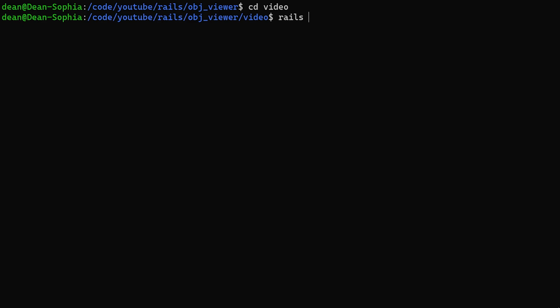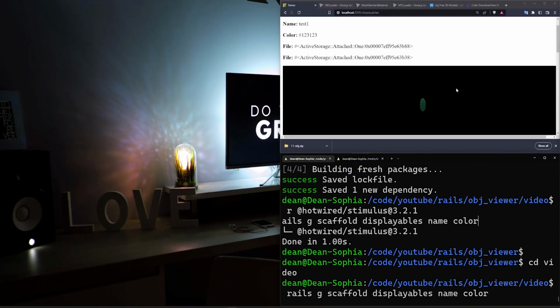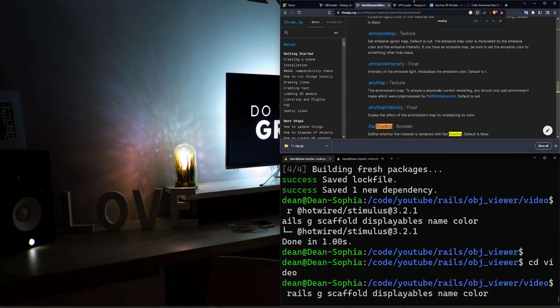So what we're going to do is we're going to start by creating a scaffold. We'll call this scaffold, I think I called it displayables. And for the displayables, originally I only gave it a name, but then I also decided to give it a color, and these are going to be of type string by default. And you can include other options. I have all these links in the video description, but if you come over to